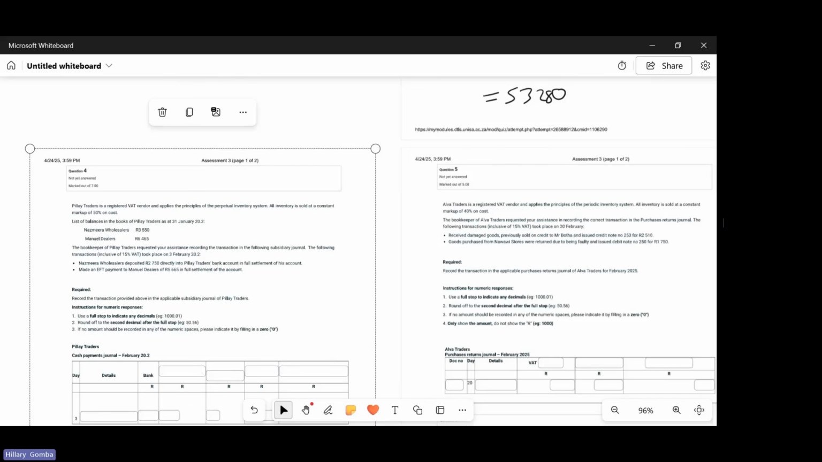So we have Nazmira wholesalers deposited 2,750 into PLI Traders bank account in full settlement of his account. And then the second one says we made an EFT payment to manual dealers of 5,665 in full settlement of the account. And then you are required to record the transactions provided above in the applicable subsidiary journal of PLI Traders. So here the tricky part is they give you both a debtor and a creditor. And then they want you to